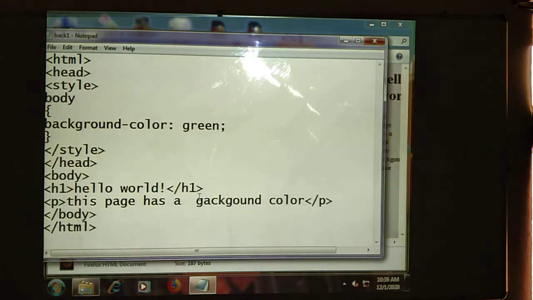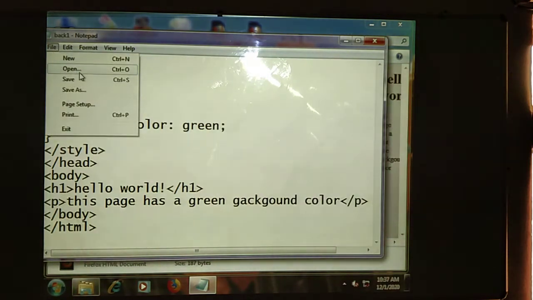Whenever we are going to be giving the background color for the body, it should be applicable to the whole page. Suppose we need to create some table. By using table also we can set the background color separately. Here we are using the background color for the body element, so it should be applicable to all the page. That is the use of the background color.